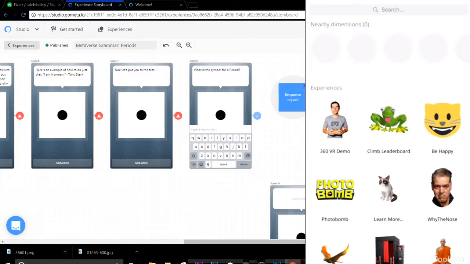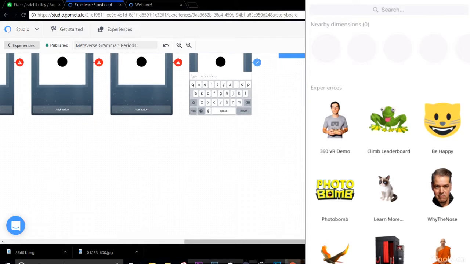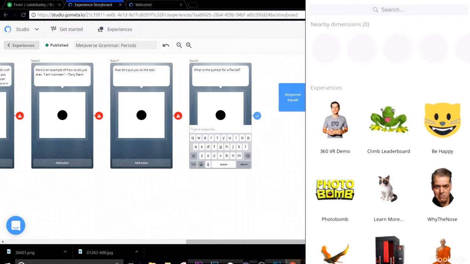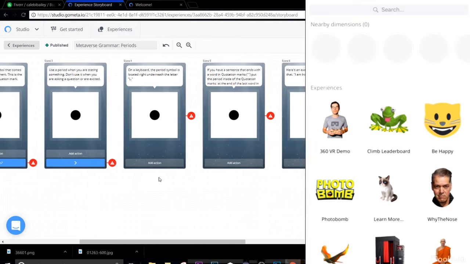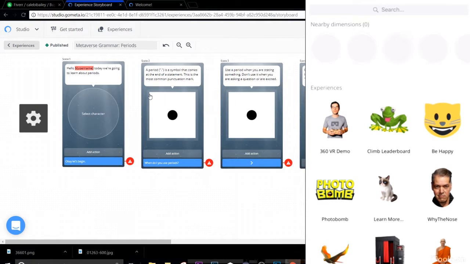Now the reason behind that is because in the type response scene, I want the student to just type in the period. So what is the symbol for a period? Hopefully they'll just type in a period like so. And I believe that we've reinforced that throughout the entirety of this experience. So a period,